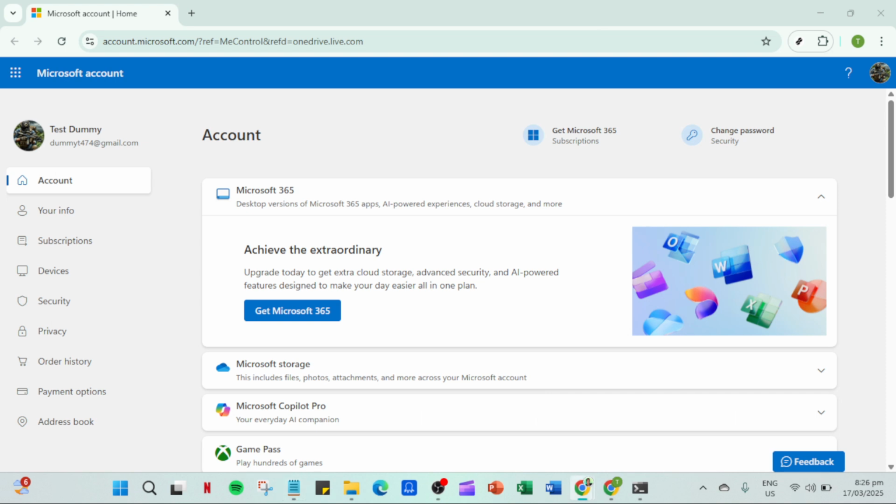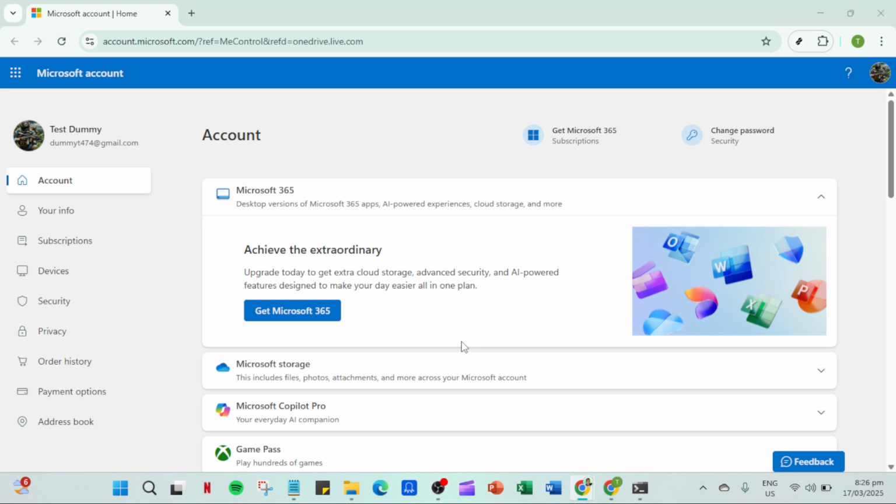Once the scan is complete, the command prompt will report its findings to you. If it finds any integrity violations, it will let you know whether they were successfully repaired. If no errors are detected, that's good news as well. You can close the command prompt window at this point, and there you have it. With just a few simple steps, you've used the built-in Windows tools to potentially resolve the OneDrive.exe bad image error, status